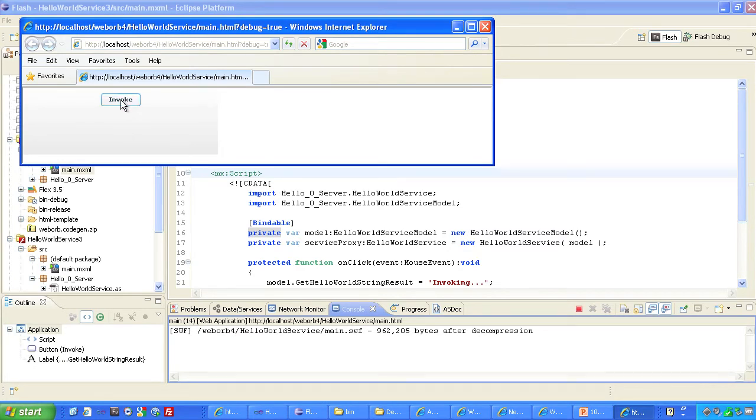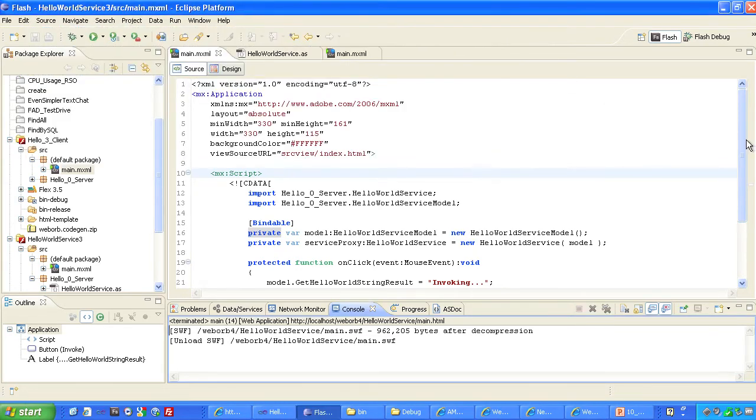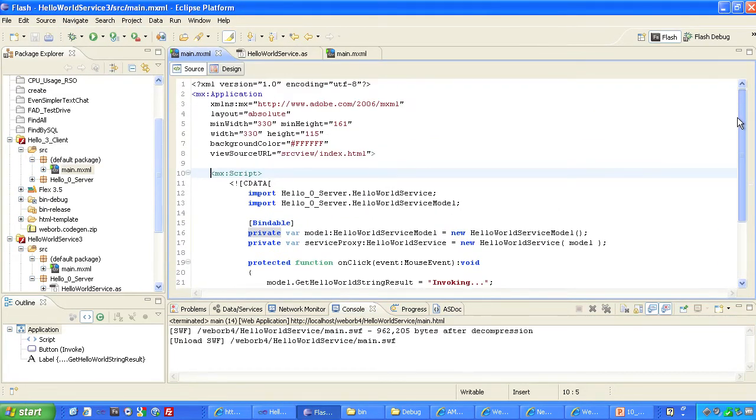And it's just a little window with an invoke button. I press the button and up comes hello world. Okay, very simple. Now, this is the end of item number 2, which is generate code to access the services,